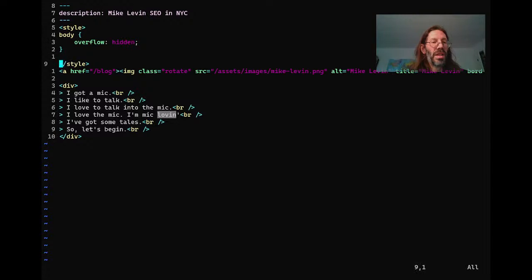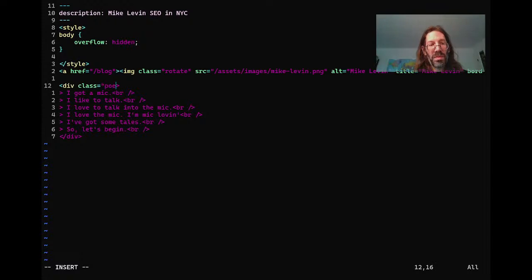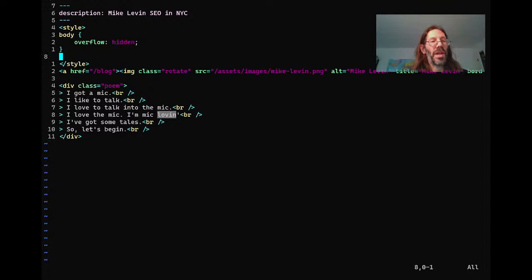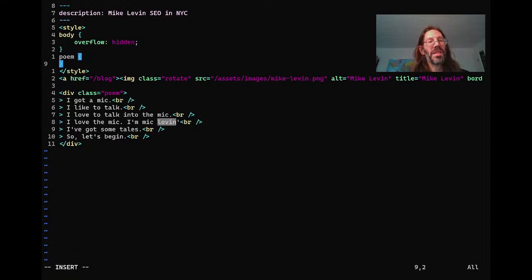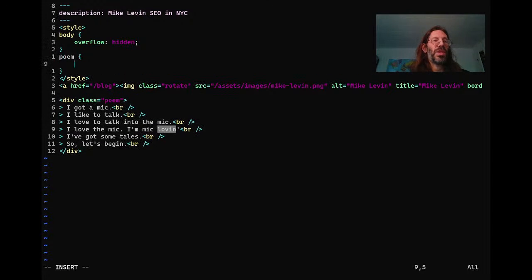So why not create a div here and call its class equals poem? No reason why not. That's exactly what I should do. Poem. Open. And it's funny, CSS is not exactly JSON, JavaScript object notation, even though it seems somewhat like it, so I have to resist the temptation to put a comma there.